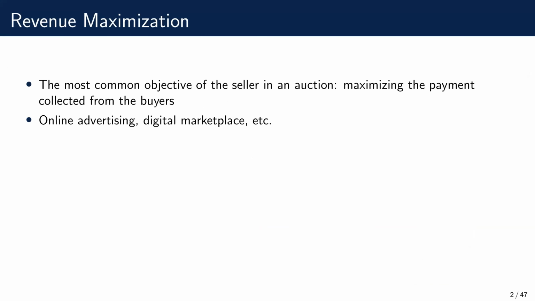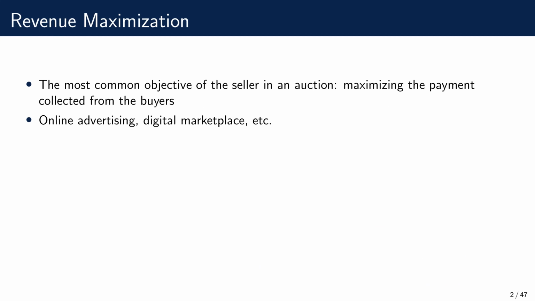In this talk, we are mostly studying, but not limited to, the revenue maximization problem. Revenue maximization is the most common objective of the seller in an auction, which aims to maximize the total payment collected from the buyers. And the revenue maximization problem has been particularly interesting as online advertising and digital marketplaces have become important in